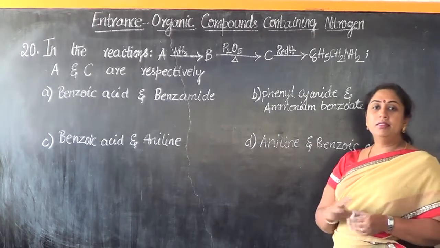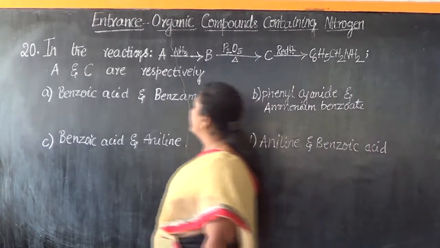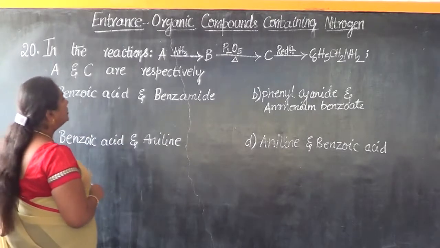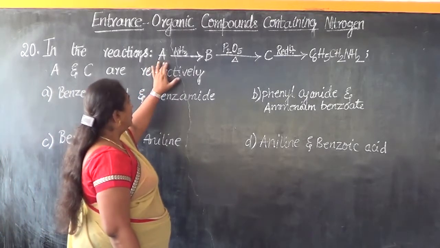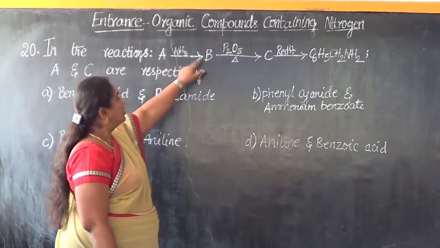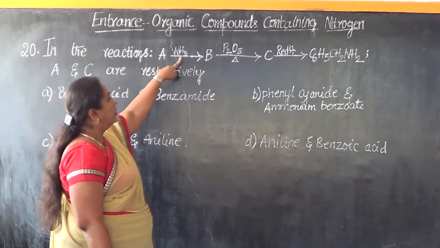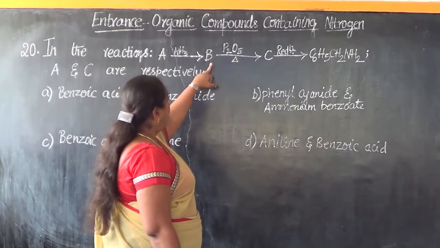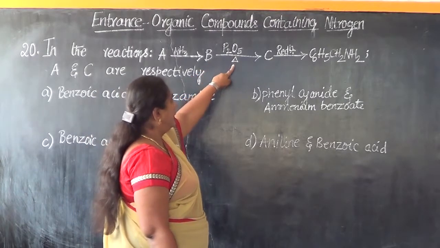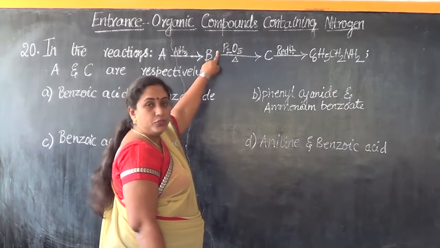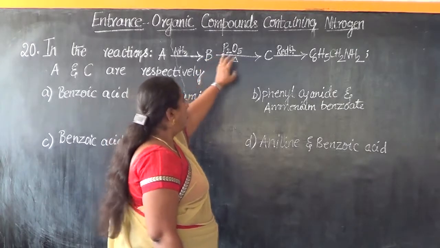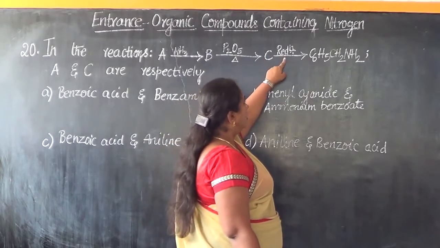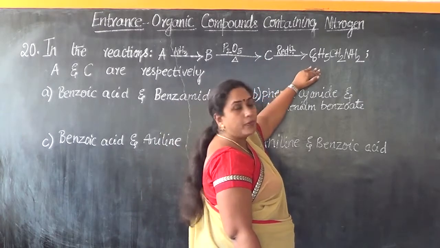Now, let us look into question number 20. In the reactions, there is a reaction given to us. A reacts with ammonia to form B. B is heated in presence of P2O5 and we obtain a product C. C upon reduction is giving us this product